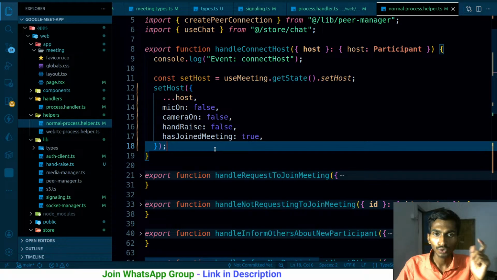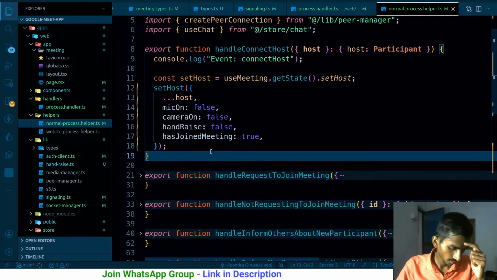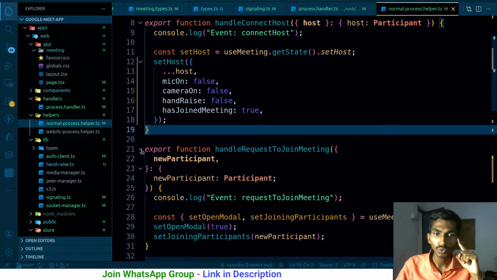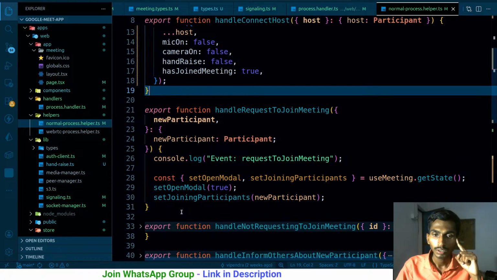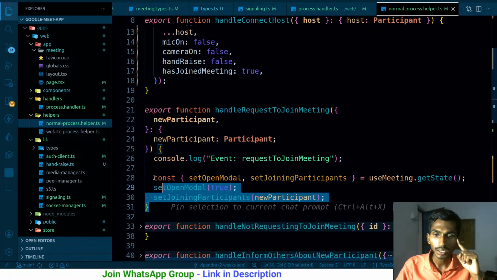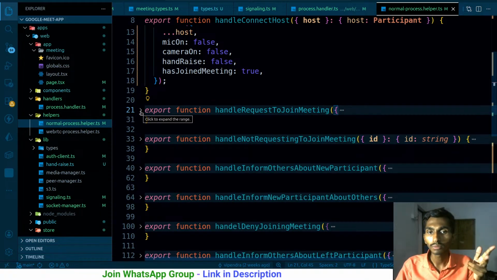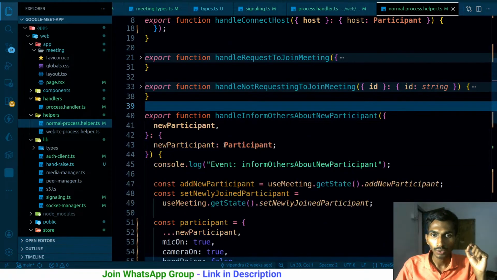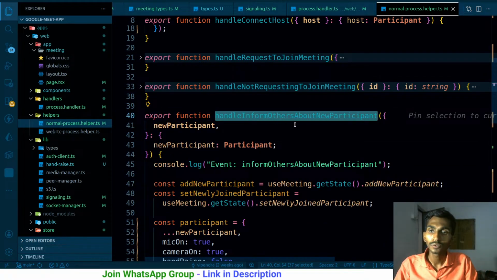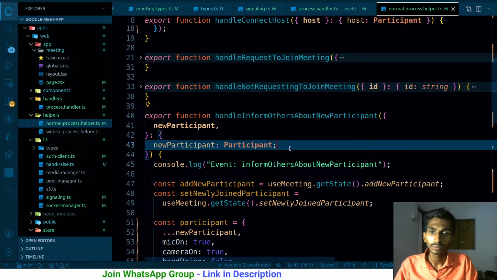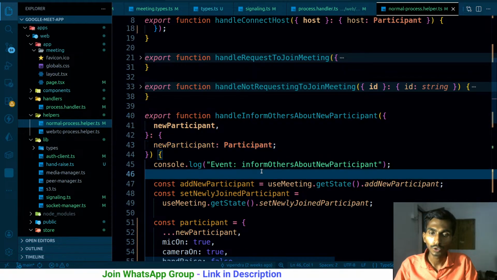And as soon as the host allows them, then a message will be triggered. So what is that message? Handle request to join. The host will allow, and once they are allowed, I'm going to be informing others about them and informing them about others. So this particular thing over here, handle inform others about a new participant. So when I'm actually informing others about a new participant,